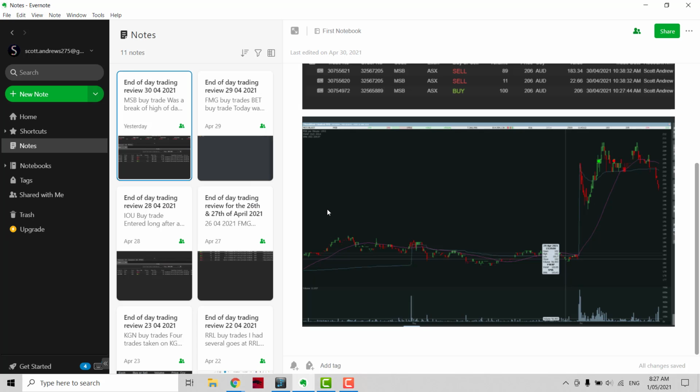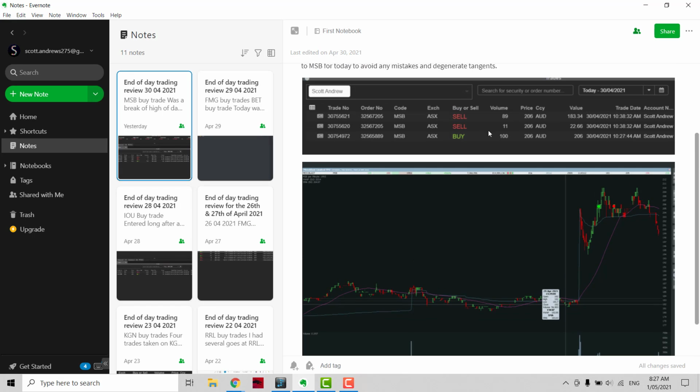Let's go back to the trade plan. I want to use an example, and I use Evernote for the note taking as well. Just to show, it was a 206 entry. Let's have the chart up here. 206 entry, it gapped up from 190. I didn't get in pre-market. I normally don't, because typically what happens is it opens at the high and then sells off, and there were no shorts available, but even if there were, I'm not really comfortable to do that. Anyway, I noticed it bottomed out around 194 or so, and I was like, okay,